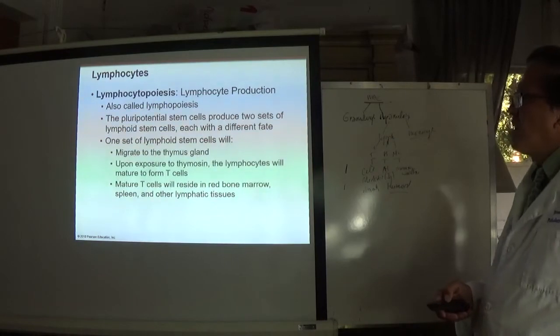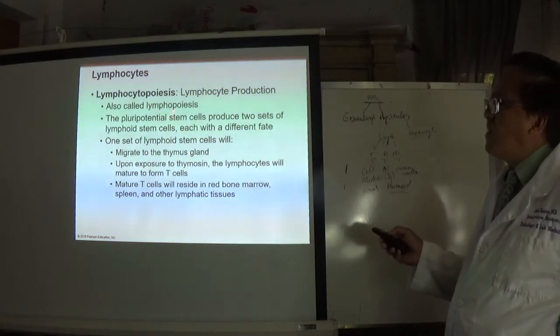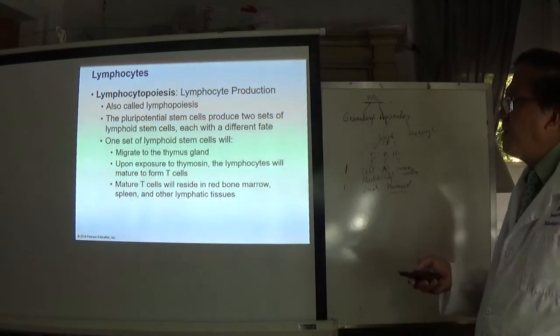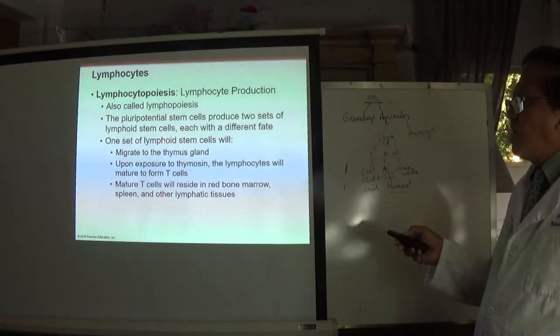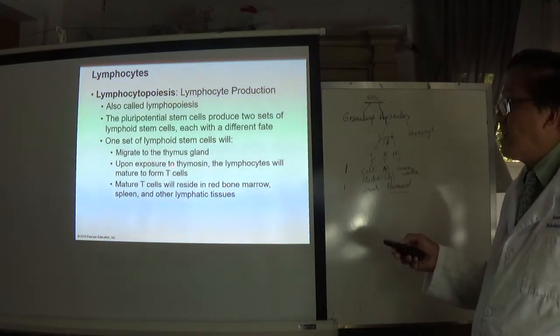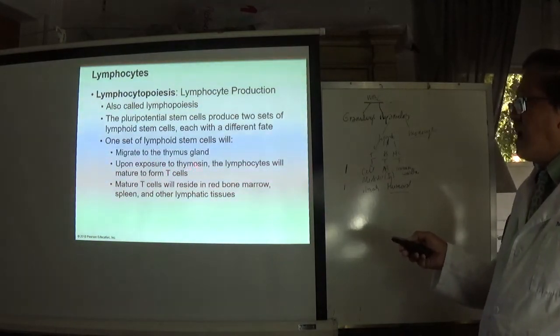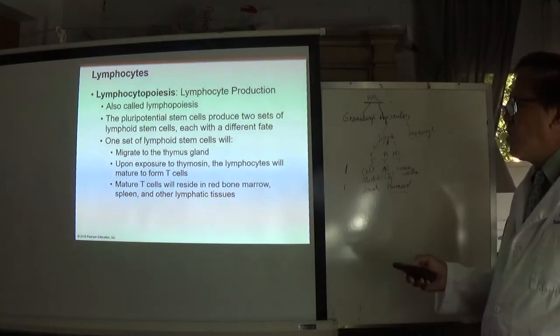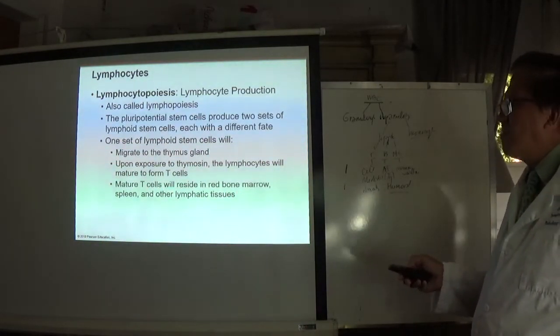Okay. Now lymphocyte production is called lymphopoiesis. As we can see here, we don't have to memorize the details here. They're produced in the bone marrow, but the T cells migrate to the thymus gland. T for thymus, T for T cells. And once they are exposed to the thymosin, they mature. Okay? And then, of course, the matured cells will go back to reside in the bone marrow and the spleen